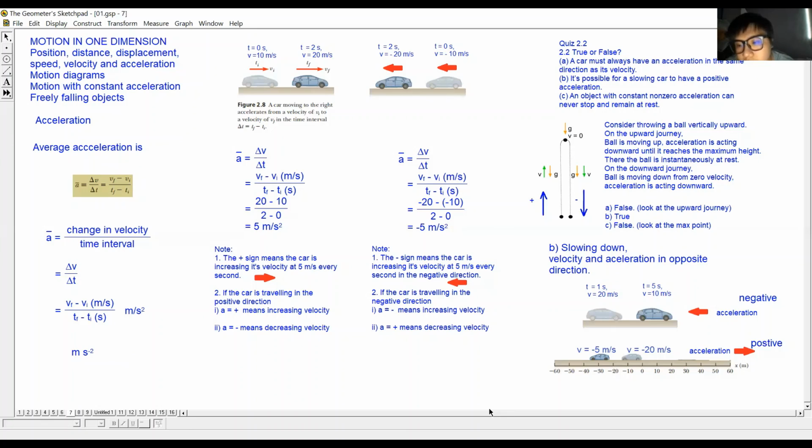The positive sign is from left to right. The negative sign is from right to left. Whether it's velocity